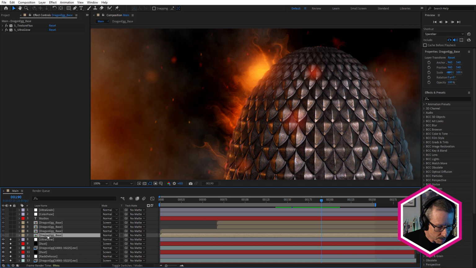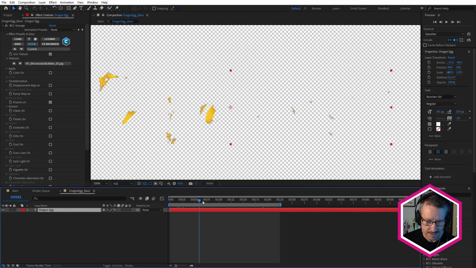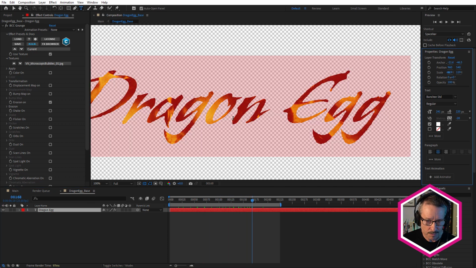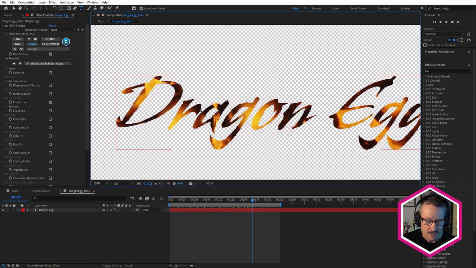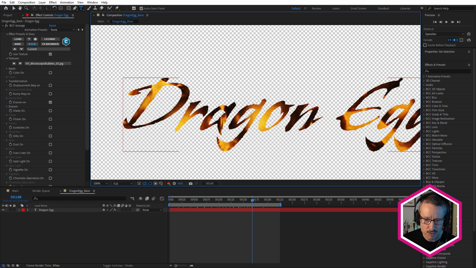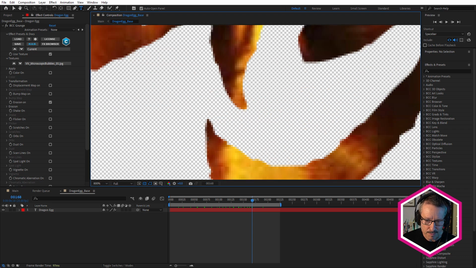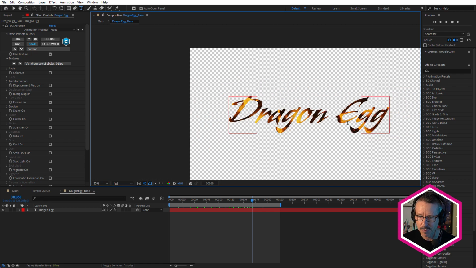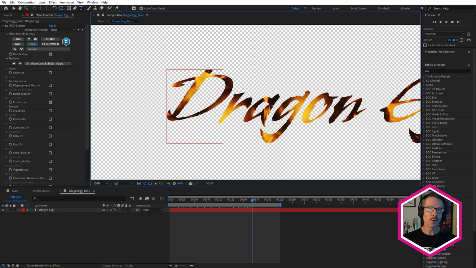So I'm going to go into my Dragon Egg base comp, and this is the name Dragon Egg. And the font here is from the Adobe fonts. It's called Banshee. I thought this was really good. It's got a really suitable, slightly angular, jagged look. This is a really great pointy G, just like a dragon scale or a dragon tooth. So this was a perfect font for this look. And also, importantly, it's actually fairly readable.